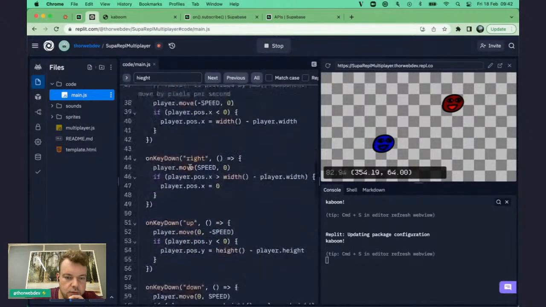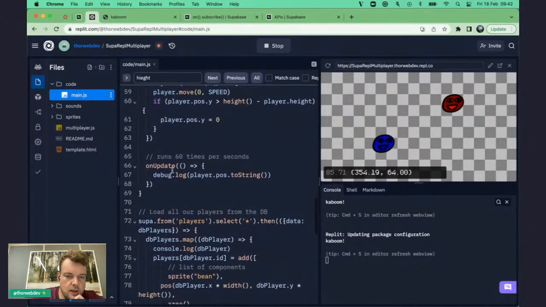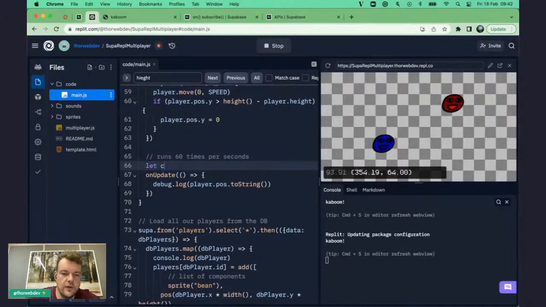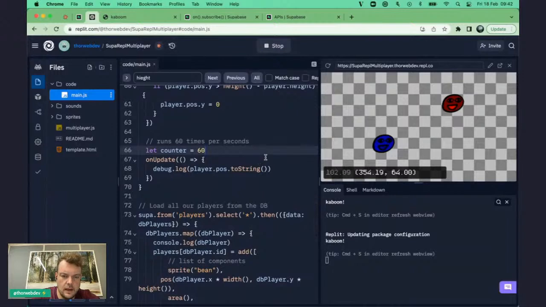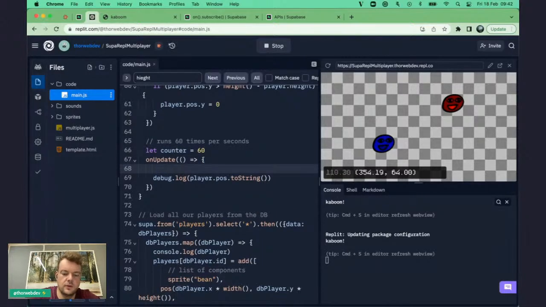So this is our on update function, and this runs 60 times per second. So maybe let's actually do this. We'll just set up a counter real quick. Set it to 60, and then basically we'll just check if the counter,